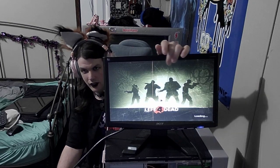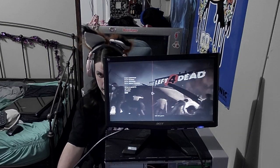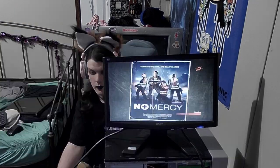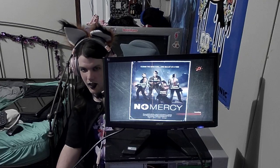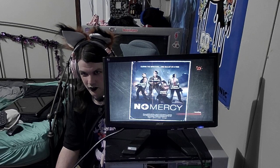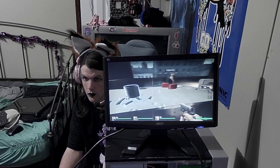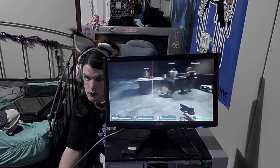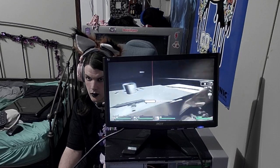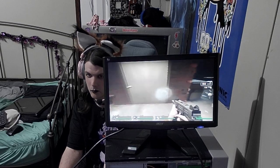Oh yeah, and this line is part of the monitor. The monitor's damaged and has that line there. Oh, and if the display is off on this, I haven't adjusted for this monitor. I have it adjusted for the other one that we use, and that's why it looks kind of off right now. There we go. Oof, this mouse is awful for this. Also playing this with latency through the webcam is probably not great too, but